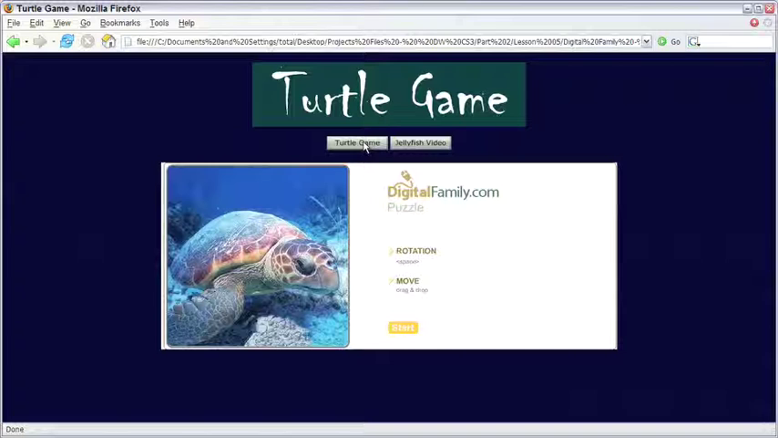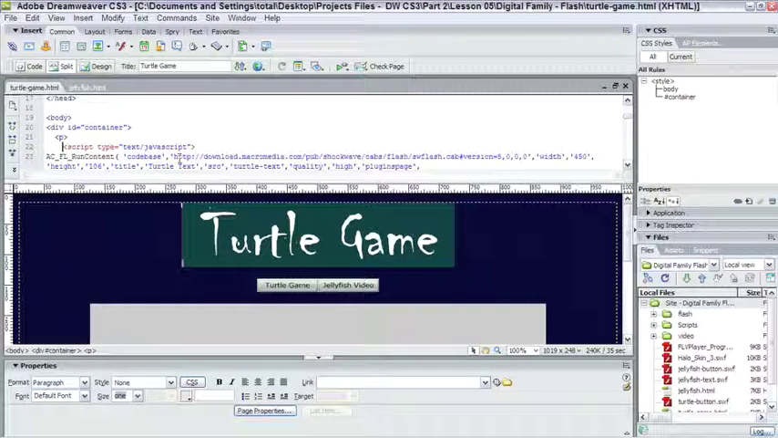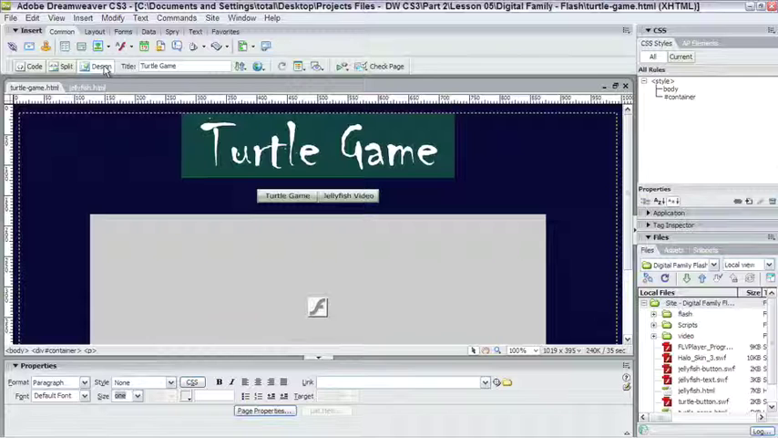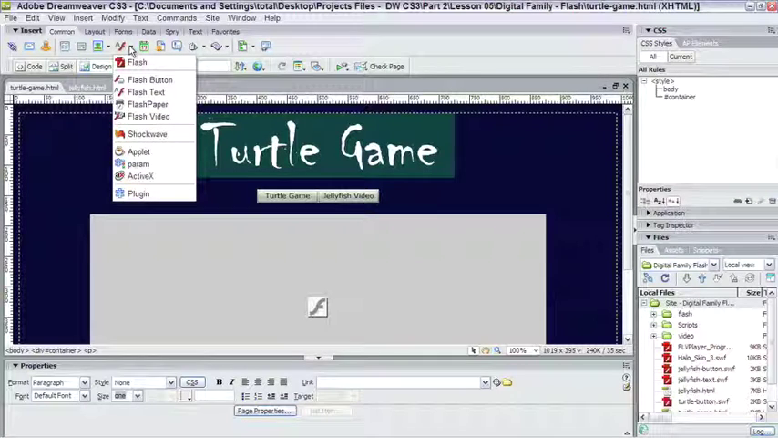So now we have our turtle game, our jellyfish video, and we've created a very simple little design using a Flash file, a Flash video file, Flash buttons, and Flash text. Let's go back to Dreamweaver, and I want to show you just one last thing before we leave this multimedia lesson. If your multimedia files are in the Flash format, as you've seen in this lesson, Dreamweaver has some great